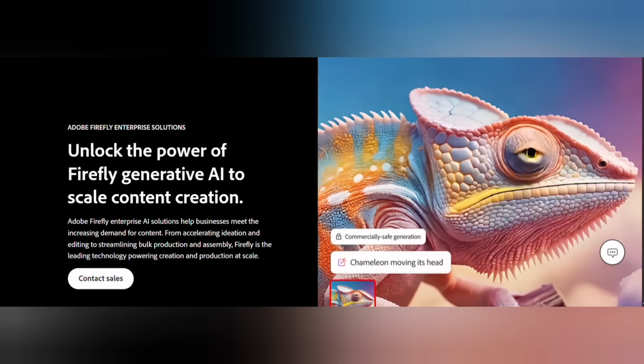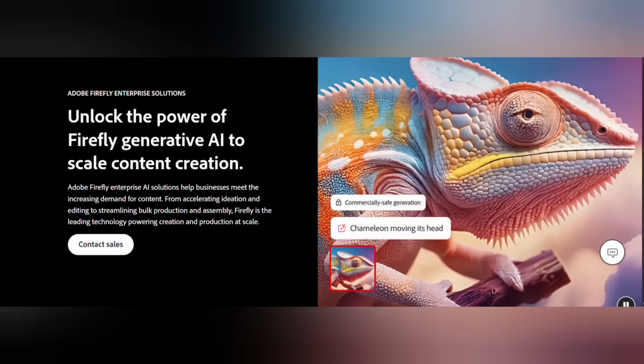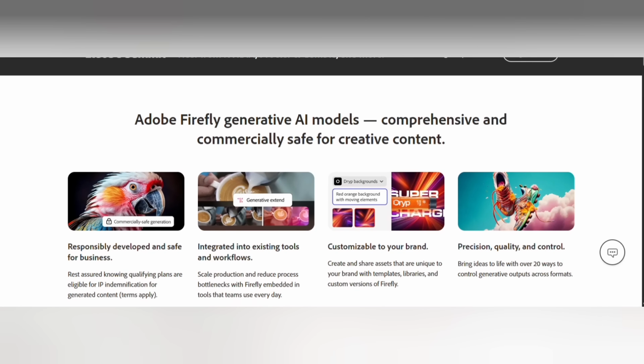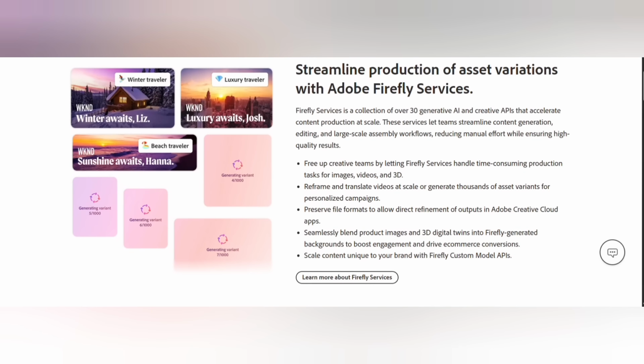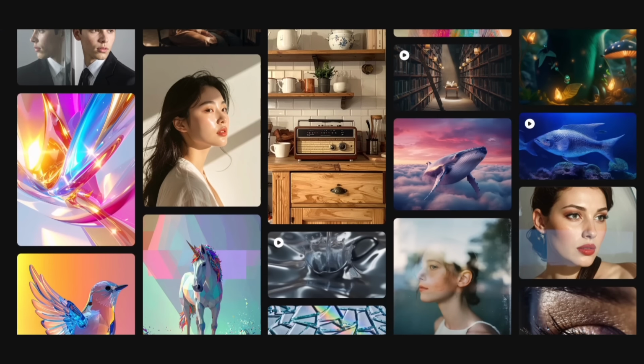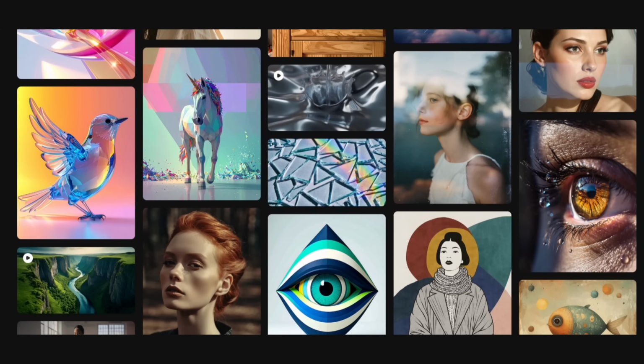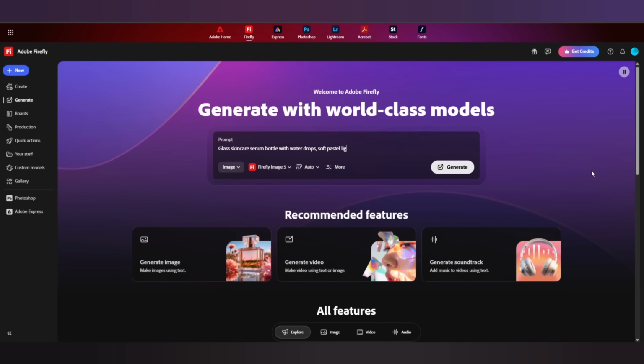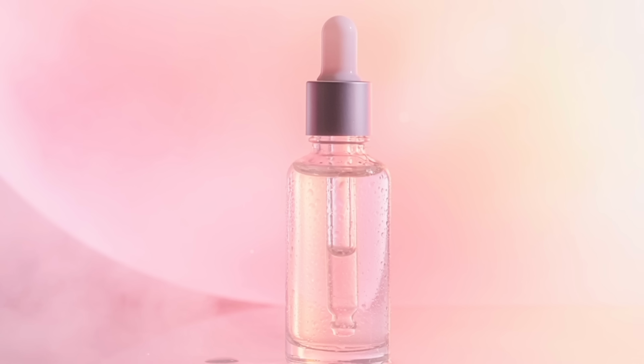Another key aspect of Firefly is that it is designed to be commercially safe and built for creators, so the content generated can be used in real projects with confidence. In simple terms, Adobe Firefly helps you move from idea to production faster by combining AI generation with professional creative tools. To access Firefly, go to